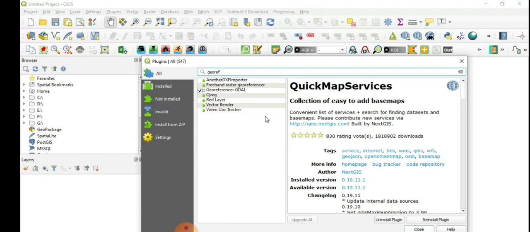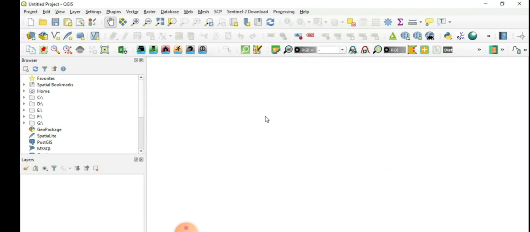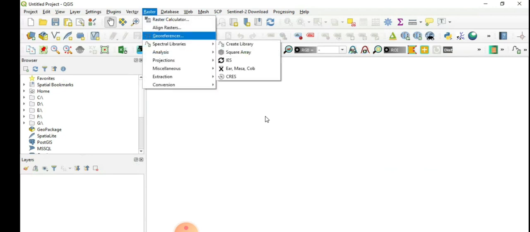You can see here it is already downloaded, installed, and the checkbox is selected. Make sure you also select this. I'll close this. For georeferencing, I need to go to raster, go to georeferencer,